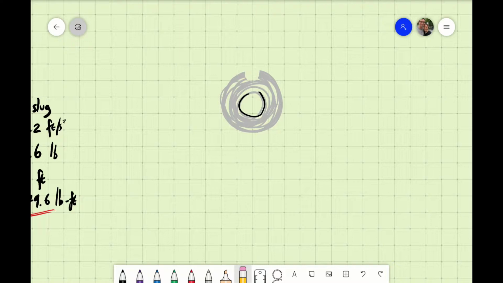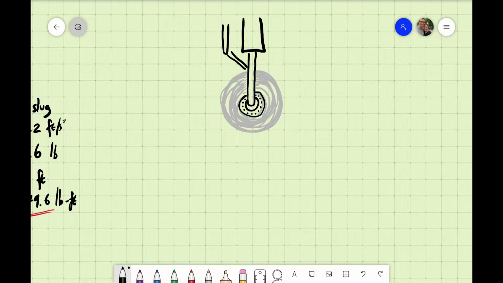I am gonna kind of get fancy, I guess, with my drawings. Some little bolts or something. Don't really know what they are actually, but they look like stuff that exists. Okay, so there's an airplane wheel. It's coming down out of the sky. It's about to hit the ground,